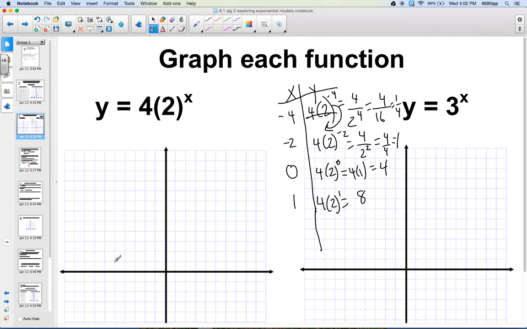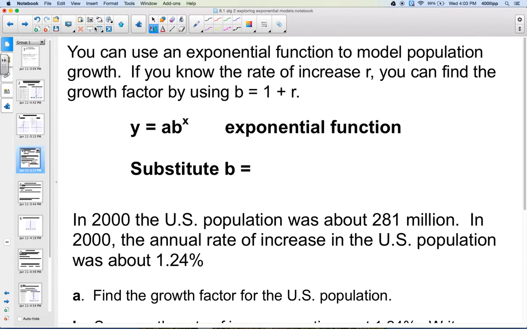So I can graph that: -4, 1/4, about right here; -2, 1; 0, 4, our y-intercept; I can label some points here, 1, 8, and so on. And then you'll sketch that here. And it will still be approaching your horizontal asymptote of y = 0. Okay, we can now look at